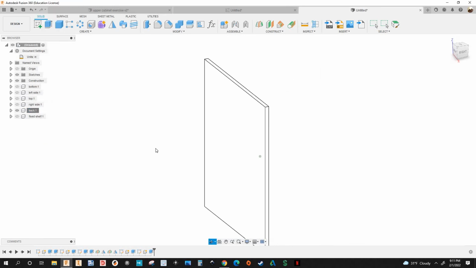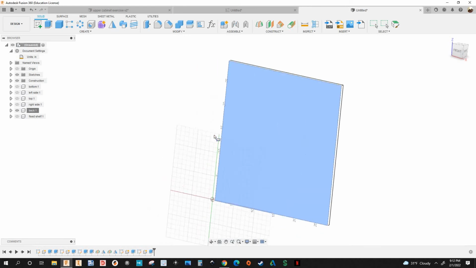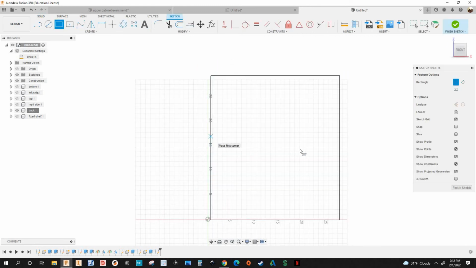Okay, rotate the model. And I'm gonna create a 2-point rectangle on this face, right, the inside face of the back panel, to create that groove. All right. So I'm gonna hit R on my keyboard to create that 2-point rectangle. Select that face. I'm gonna snap it right there,